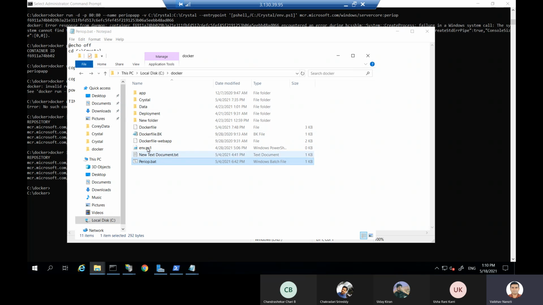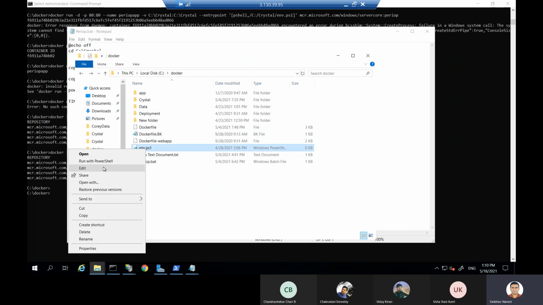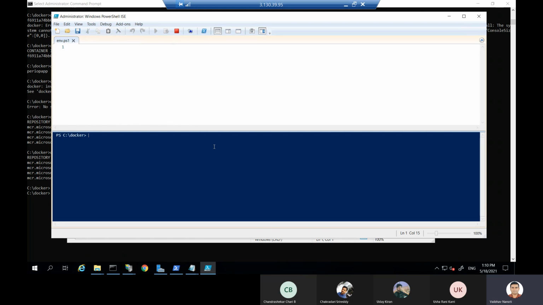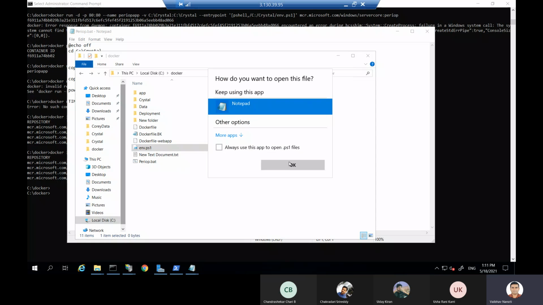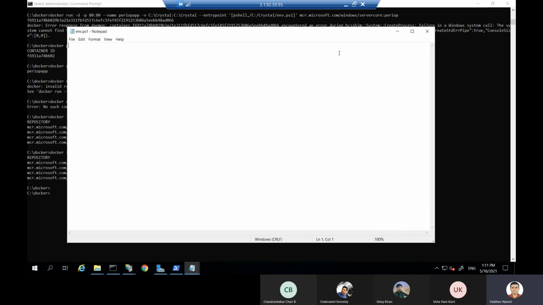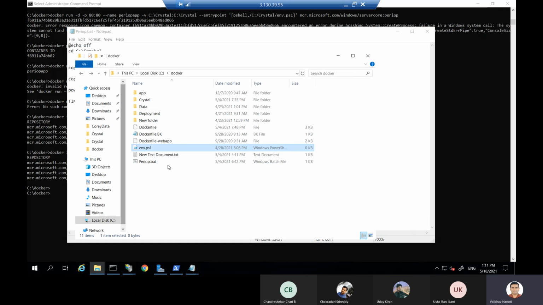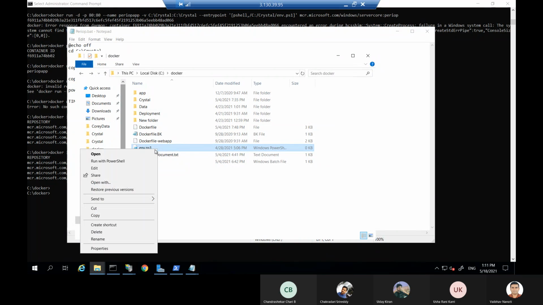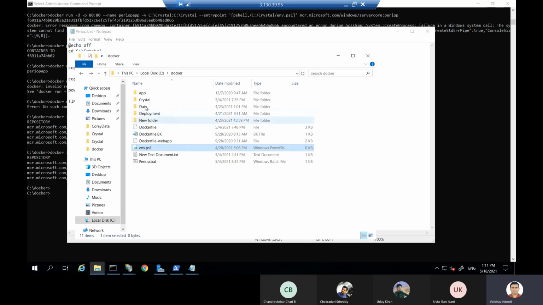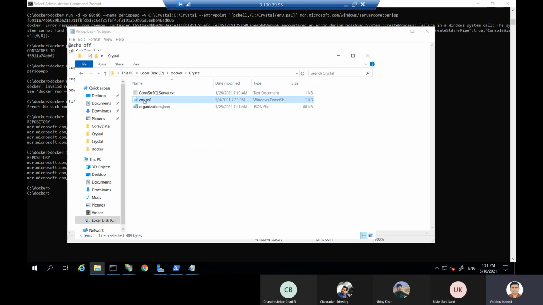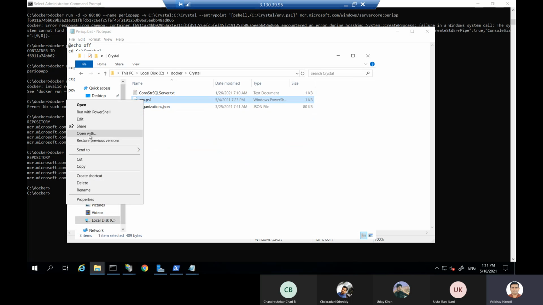Using edit, open with, you can see the environment. Okay, it should be inside here, sorry. So this is the command.